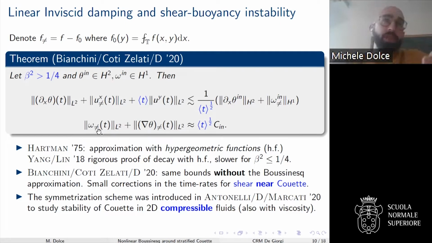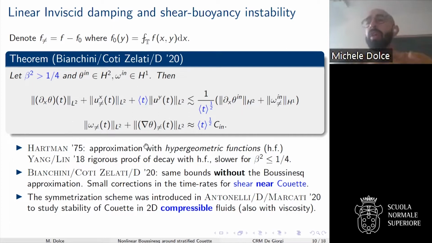Why not only the vorticity is growing? Because you should think that the system is like a wave, it has a wave structure. So at some point, the vorticity might even become 0. Right? So in some sense, you need to include the case where this quantity goes to 0, but there is some other quantity which is growing, that is the gradient of the density. But notice that the density is more stable with respect to a pure transport because its L2 norm is decaying. And indeed also the gradient is growing slower.